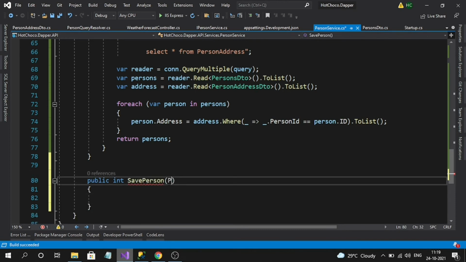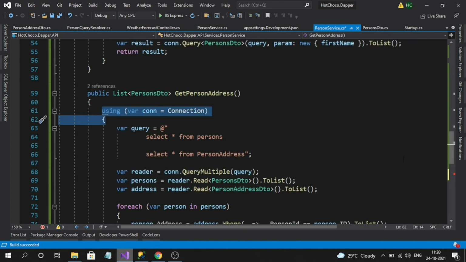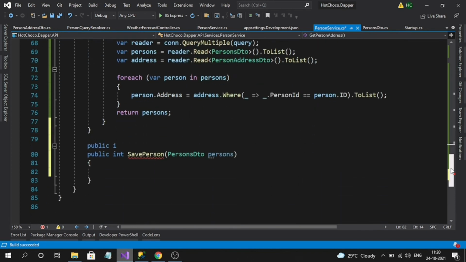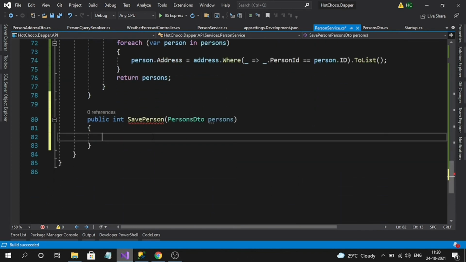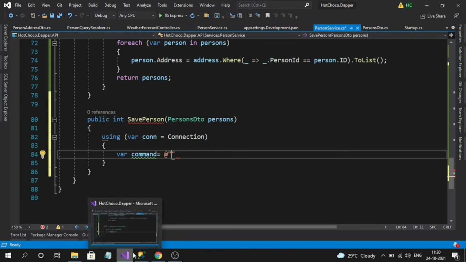I'm going to use the same person DTO. If you want, you can create a separate class for the saving object as well. I will name it commands for inserting, just a convention; you can specify any variable name. Let me add my already prepared query to save some time.